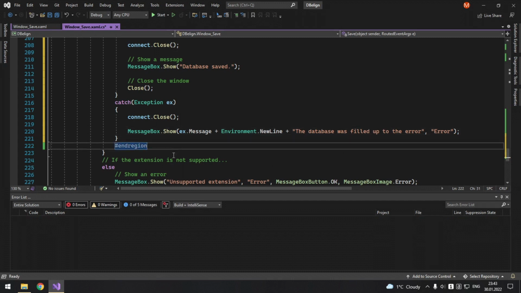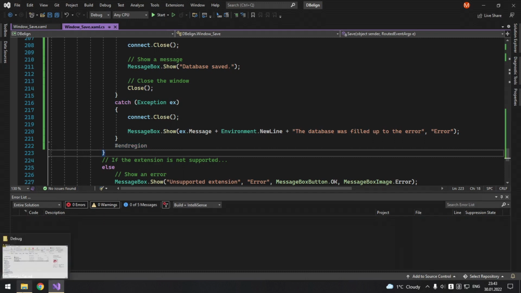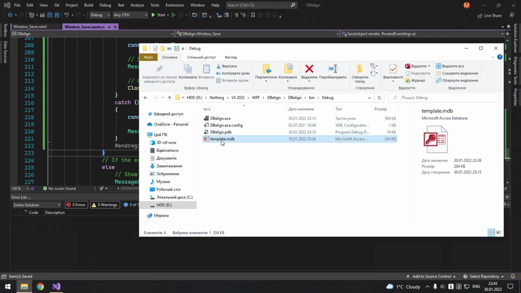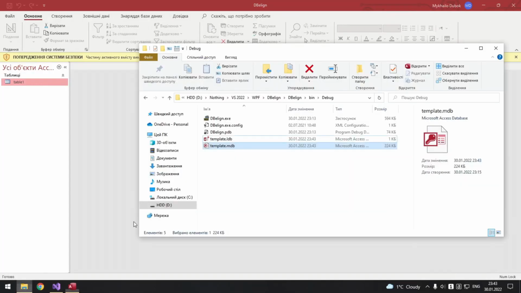Alright, so I think I now can show this result. So it's an empty database. Let me again show you. You can get this template either from my GitHub or create an empty database in Microsoft Access. But just for your convenience, I will also upload it to my GitHub repository.